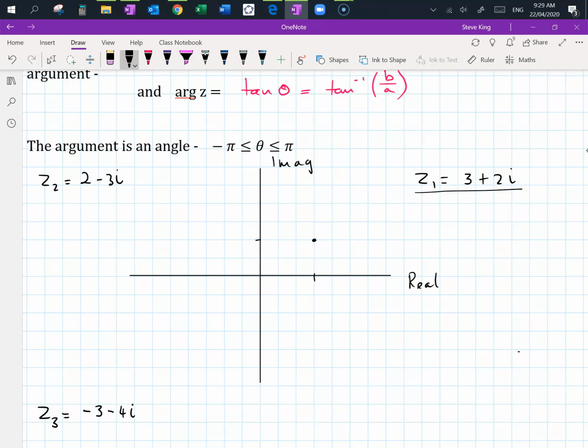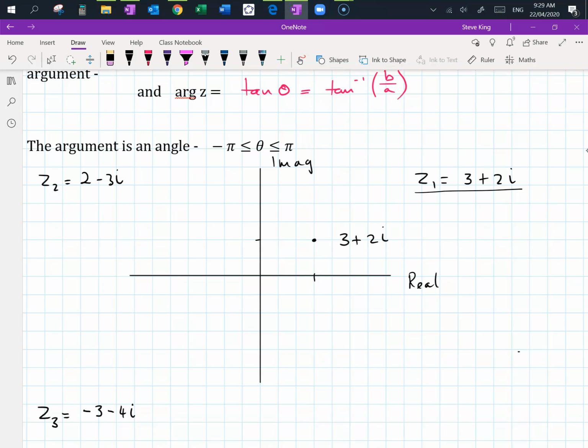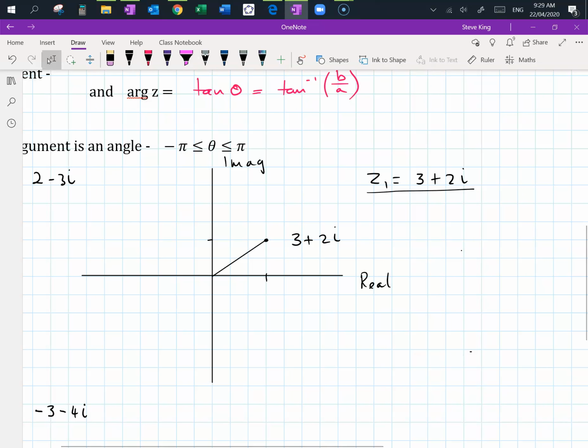There is my point over here. That is 3 plus 2i. And what we need to do now is find the modulus and the argument of this. In other words, how far away from the origin is it, and what is the angle that it makes with the horizontal axis. So the modulus of z1,